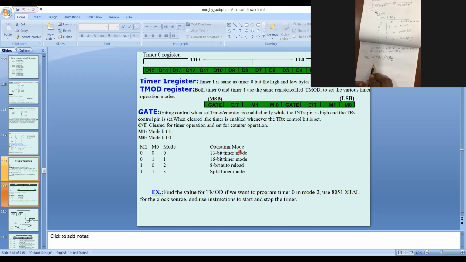Sir, what are the total registers? 16-bit. 13-bit. TH0.